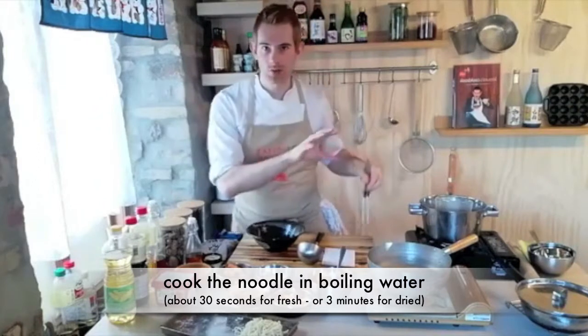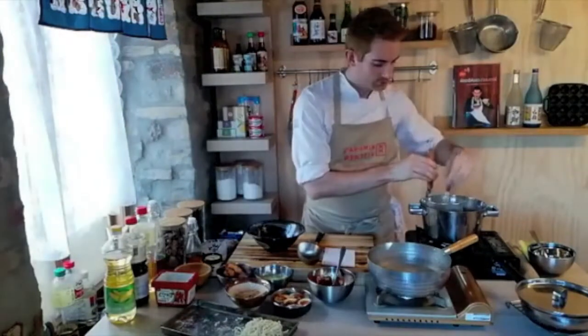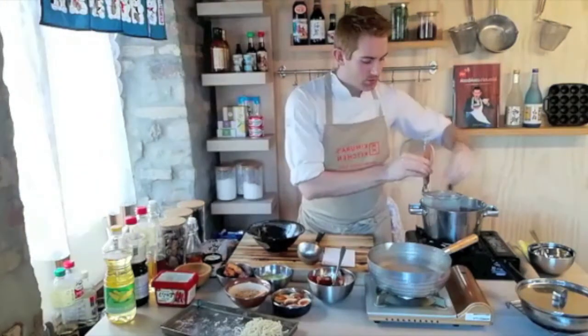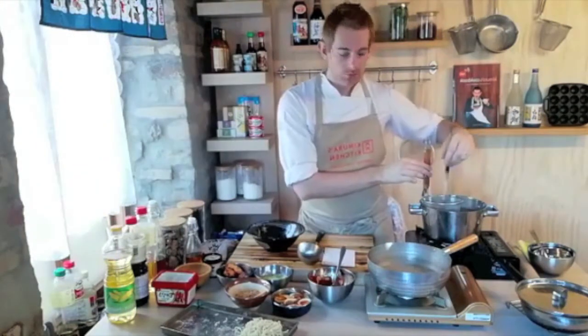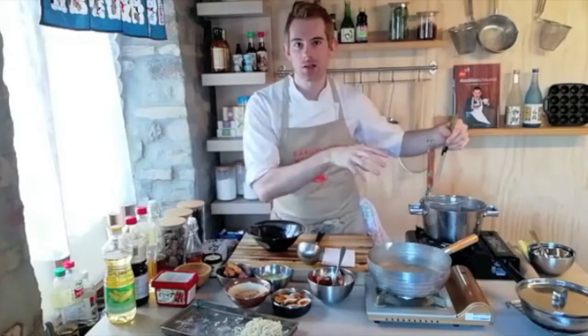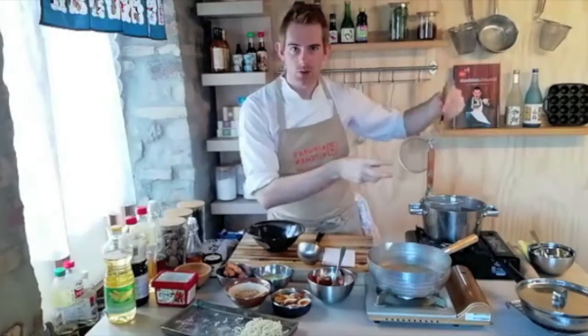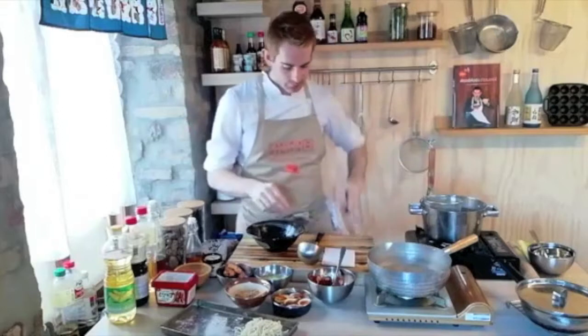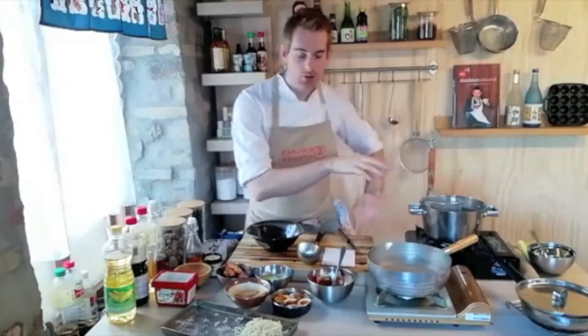This takes about 20 to 30 seconds. As soon as they're in the basket, shake them around with some chopsticks. This is just to spread them out so they don't stick together. When they're fresh, sometimes you get lumps, so they will stick a little bit. So you want to use the chopsticks just to separate them to make sure they don't stick. And during the time where they cook,